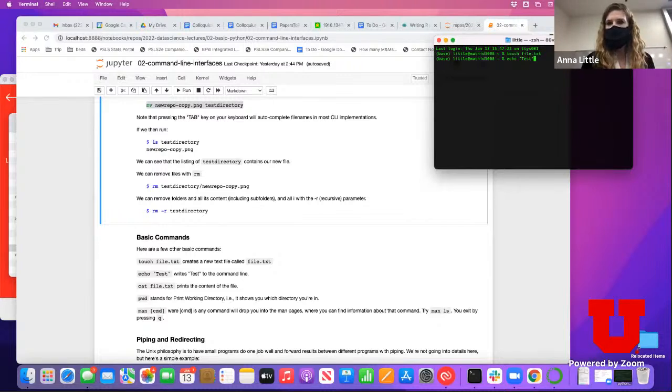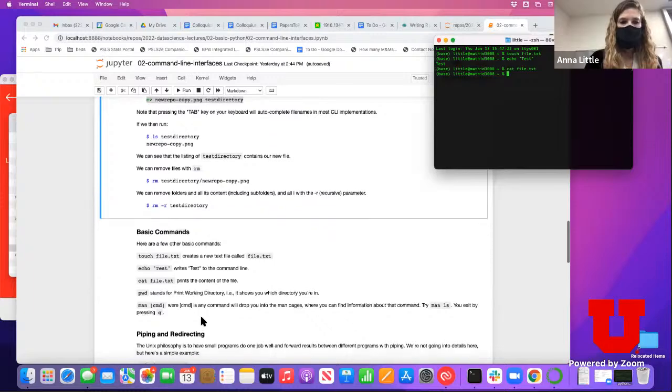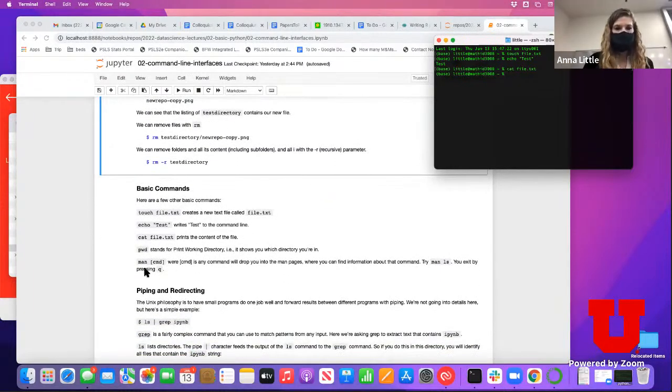Okay, we can print something or just have it print out with the echo command, certain text. And another command that's useful is the cat command, the CAT, that will show you what's inside a file. So if I say cat, the file I just made, well, it was empty, so I don't see anything, but if we had actually put something in there, it would show us the contents of the text file. And then PWD stands for print working directory. That's super helpful. And the man command,